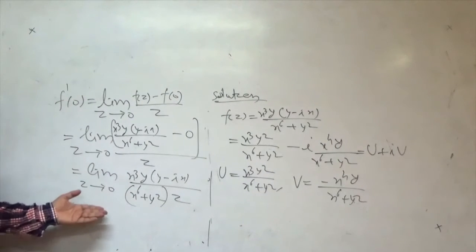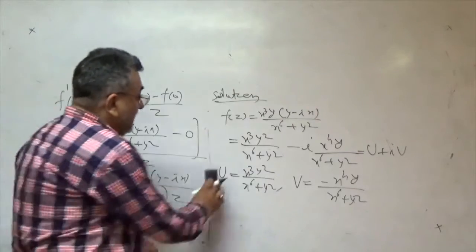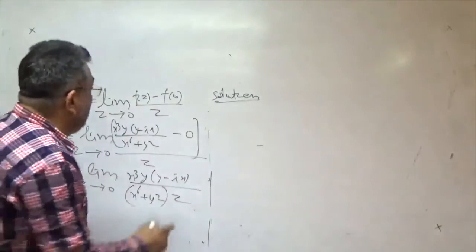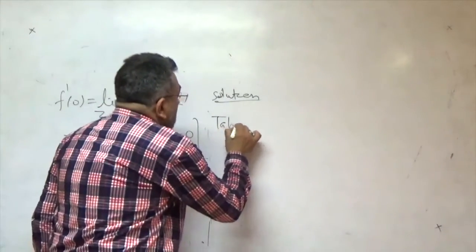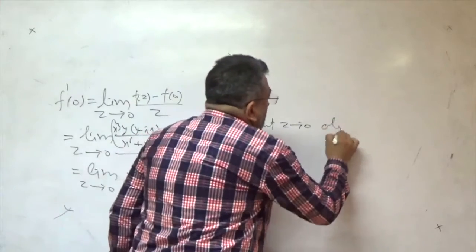Now we have to calculate the limit along various paths. As I told you, we first take the limit as z tends to 0 along